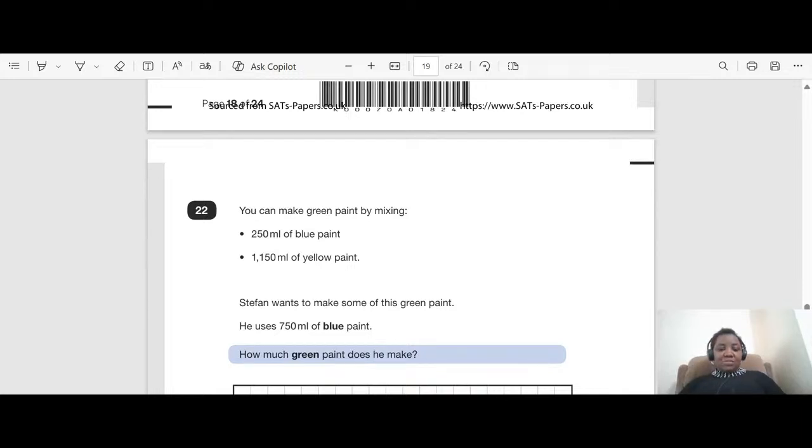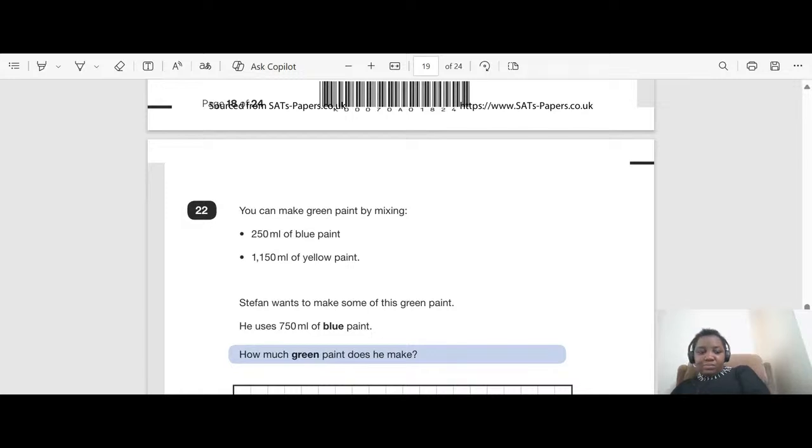Now, since he's using 750, that is 3 times 250, which we were given that if he wants to make green paint, he should use 250 of blue. So he's making triple this amount. So if he's using 750 of blue paint, then the yellow paint he is going to use will be 1150 times 3. 1150 times 3, which is